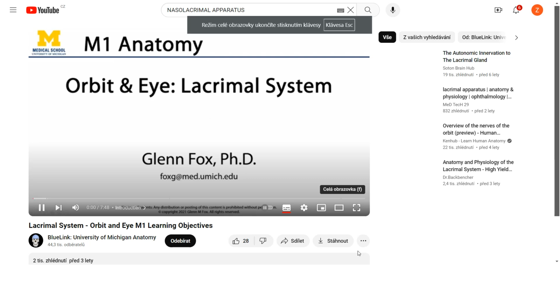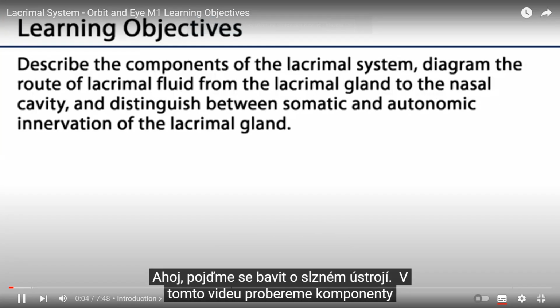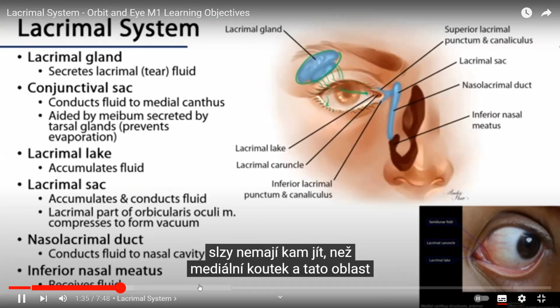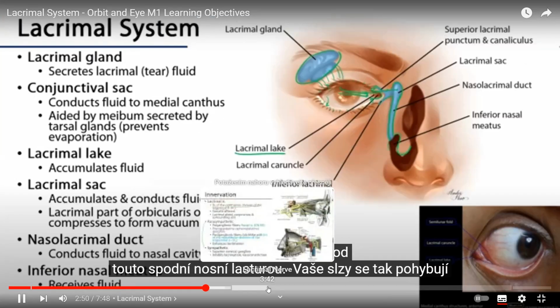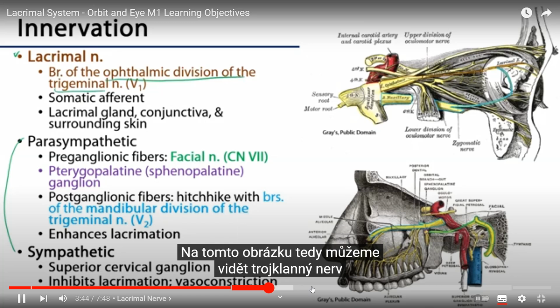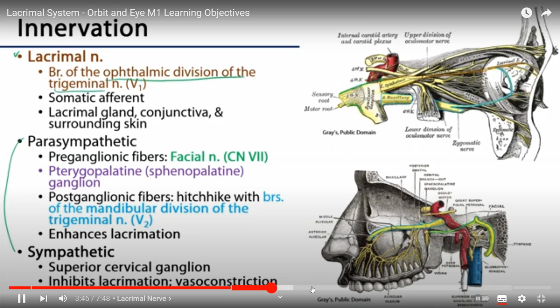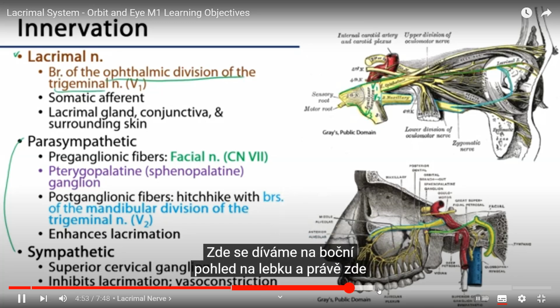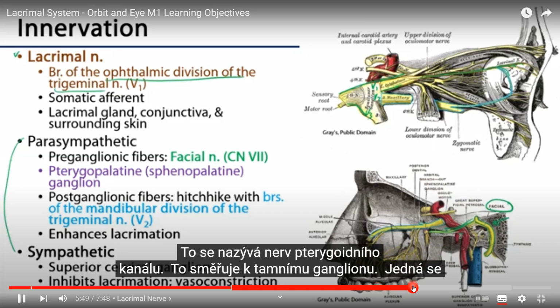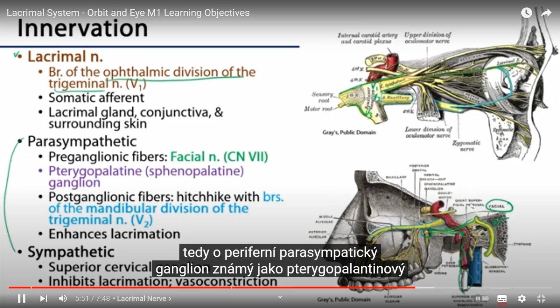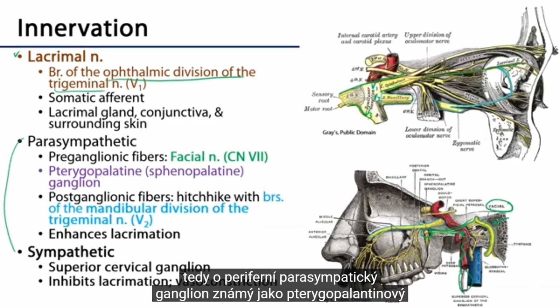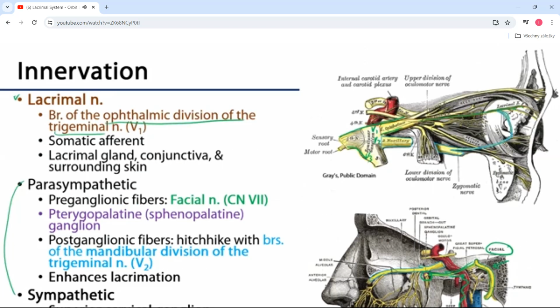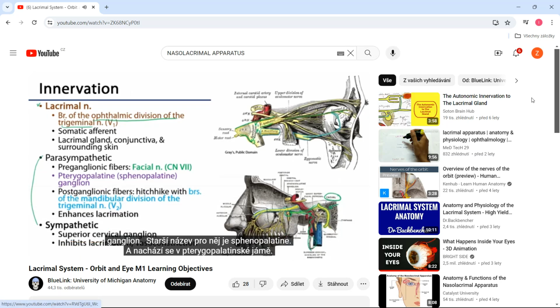Hi, let's talk about the lacrimal system. In this video, we'll discuss the components. Underneath this illustration, we can see the trigeminal nerve here, and a nerve called the deep ganglion there. So this is a peripheral parasympathetic ganglion known as the pterygopalatine ganglion. An older name for it is sphenopalatine, and it's found in the